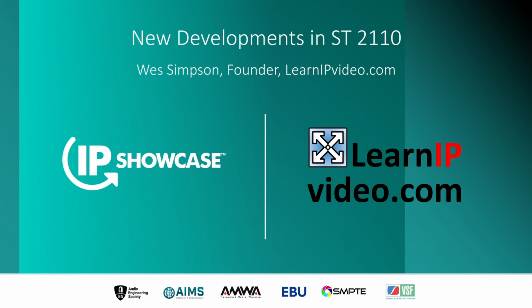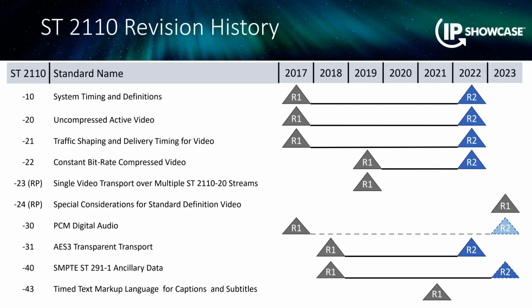What I wanted to do is give everybody an update on the new things that are happening in ST2110. The standard was originally published in 2017, and since then we've been busy discussing and contemplating and pushing forward with some of the new requirements that we've encountered out in the field and published a bunch of updates in the past couple of years. So this chart basically shows you the different standard numbers in numerical order, and it shows